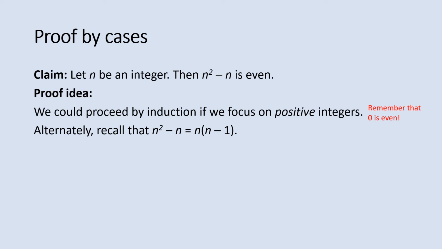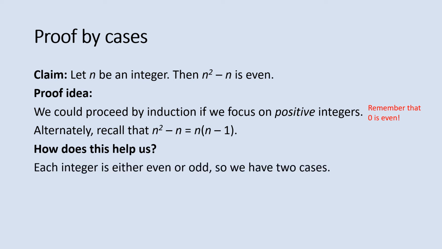And so we can separate this then into two cases. Now that we know and have determined from the previous claim that every integer is either even or odd, but not both, we have two cases. n squared minus n, which is equal to n times n minus 1, we can separate the n value into one of two cases. We can have case 1 where the integer n is even,